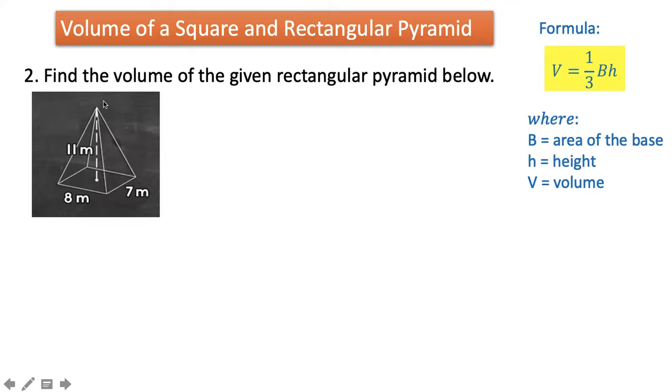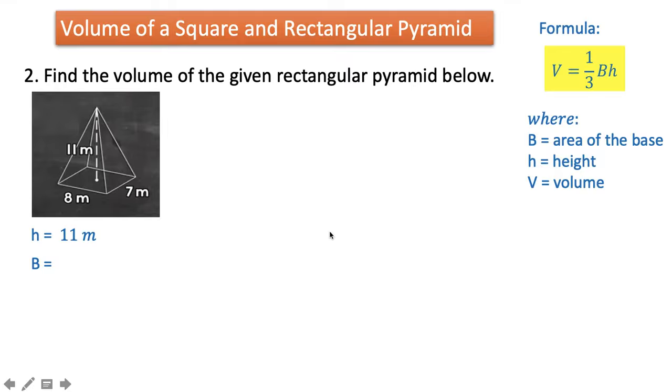In our given number 2, find the volume of the given rectangular pyramid. Notice that the dimensions of our base here are not the same, because the base is a rectangle. Our height here from the base going to the apex is 11 meters. The base here,